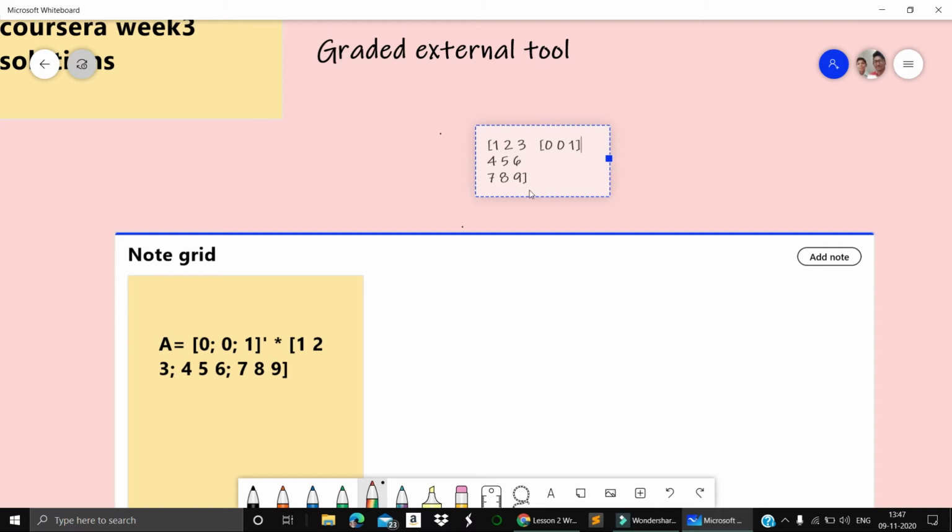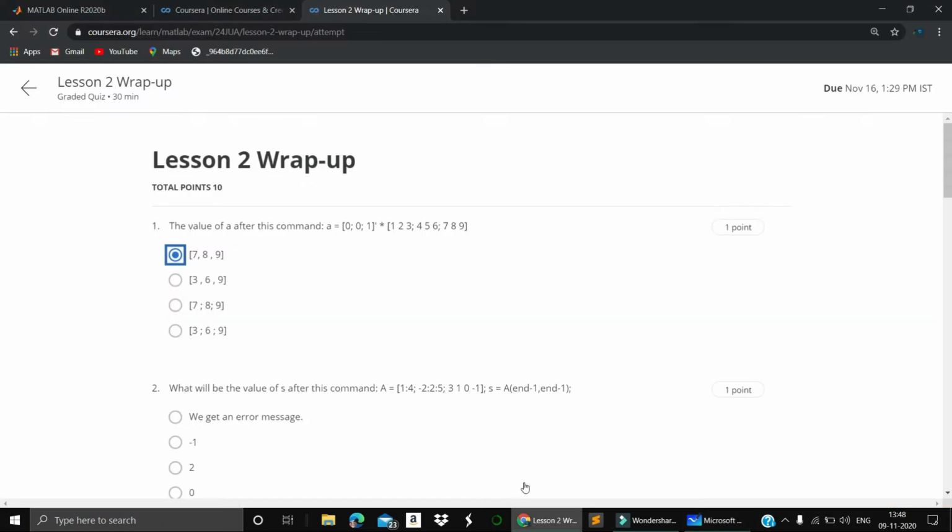It is 3 by 3 and 1 by 3. The columns of the first matrix equal the rows of the second, so matrix multiplication is valid. 0 into 0 is 0, and so on; 1 into 7 is 7. Then the column is changed into a row, so 7, 8, 9 forms a row matrix.